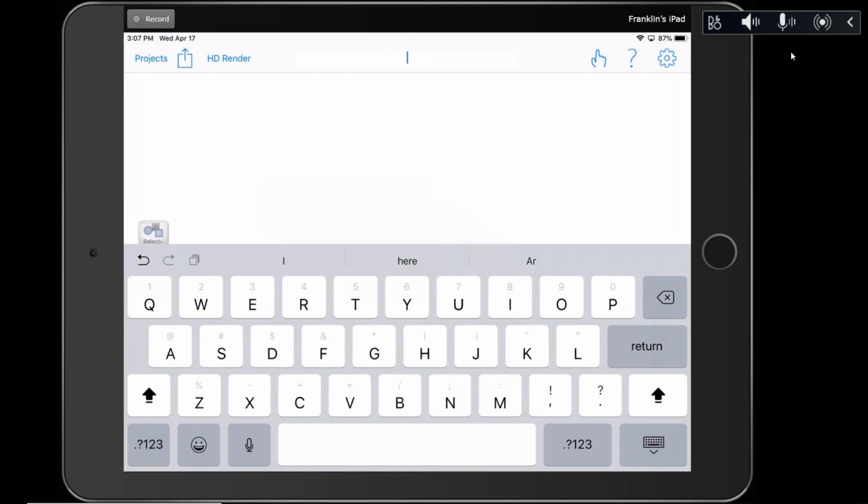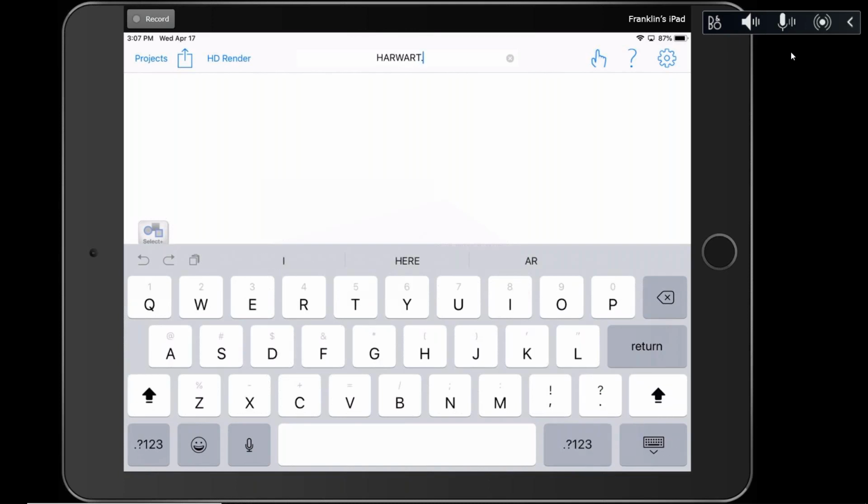So what I like to do for my project names is I like to remain consistent. And the reason why I like to do this is because, first off, when I share the project to any of my team members that I'll be working with, they'll know exactly what they're getting. All right, so my project name is going to be consistent, starting off with my name, so they know who it's from,